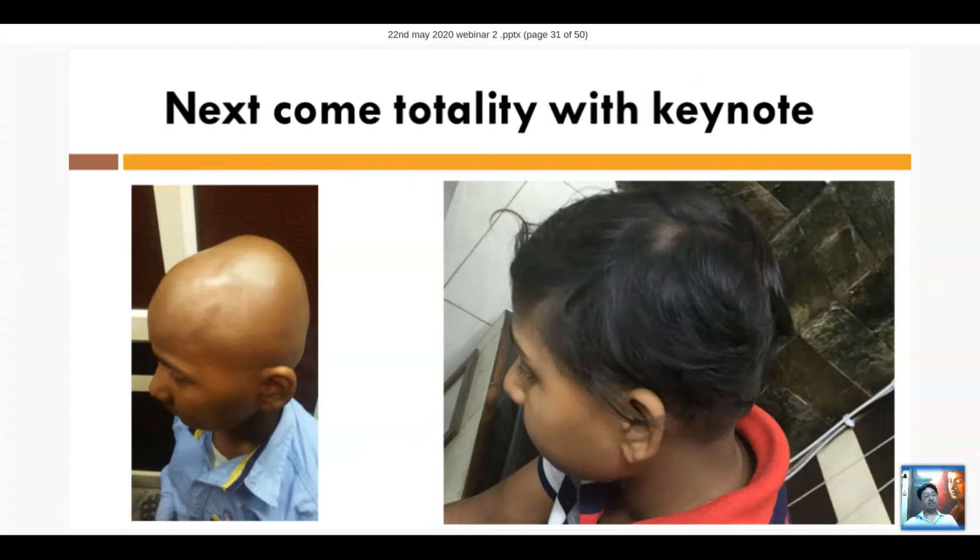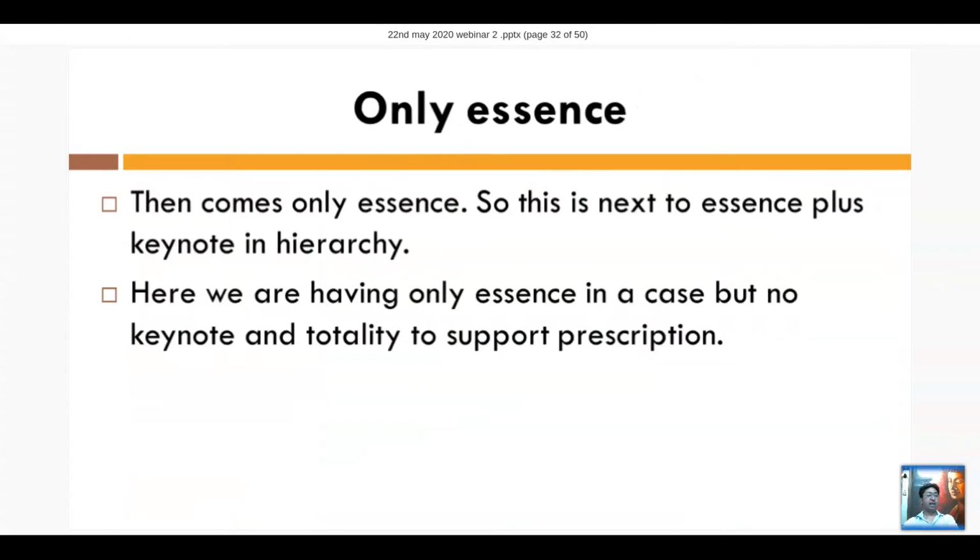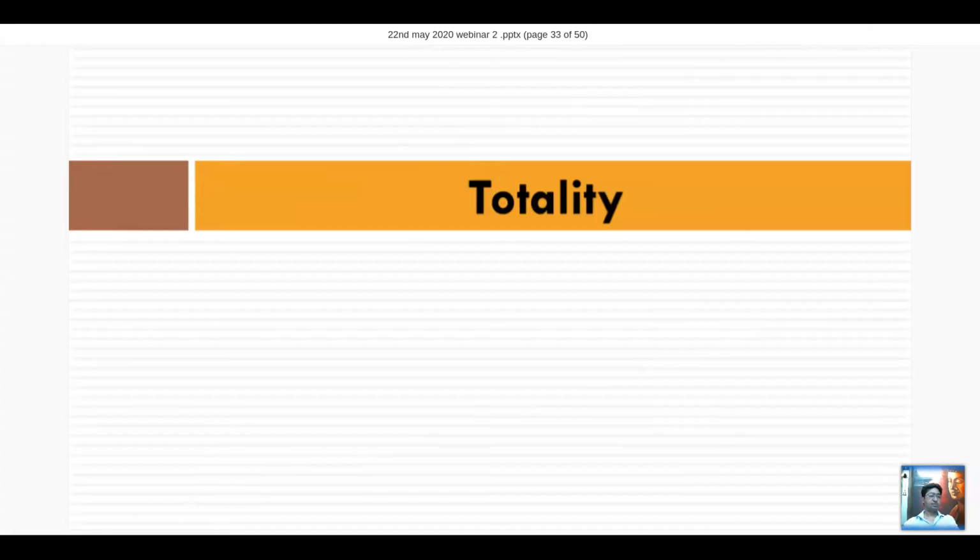And this is the change after that prescription, after Pulsatilla. So in this case, we have totality and keynote, and sometimes we have only essence, nothing in support, and we have to prescribe only on the essence. And totality, you all know, right? And when I say totality, what I mean by totality,